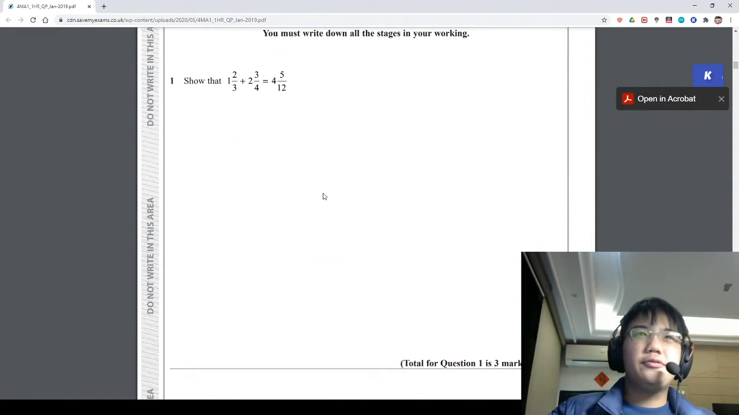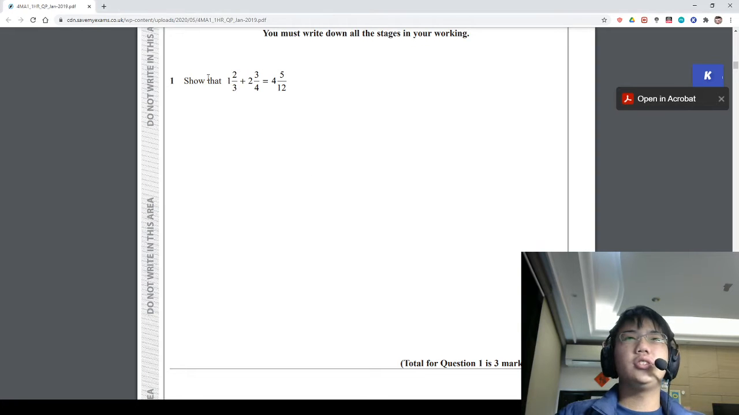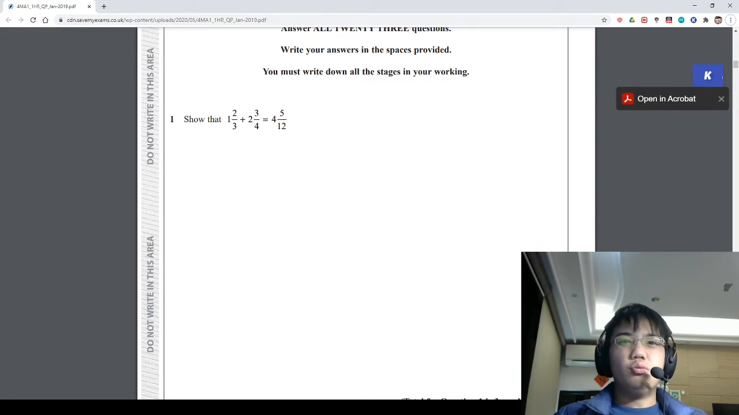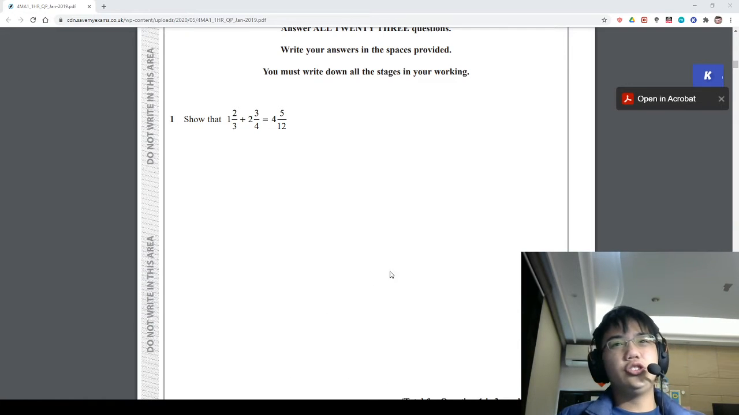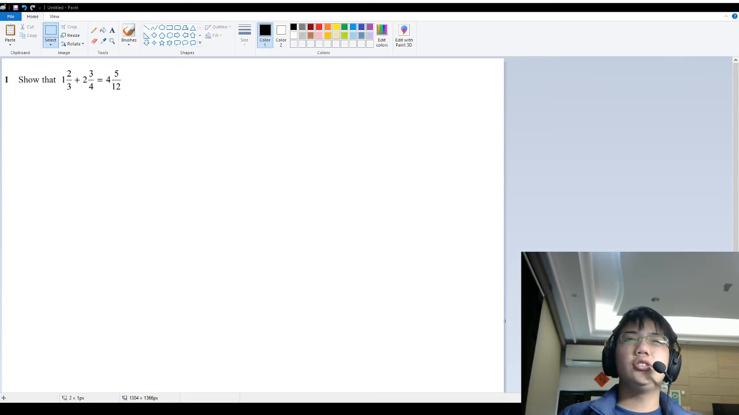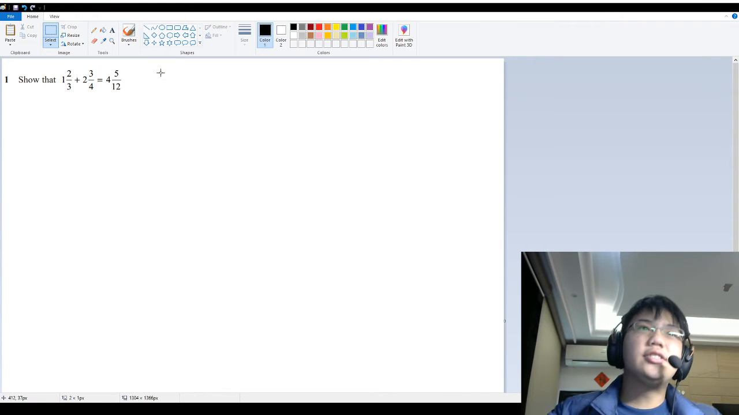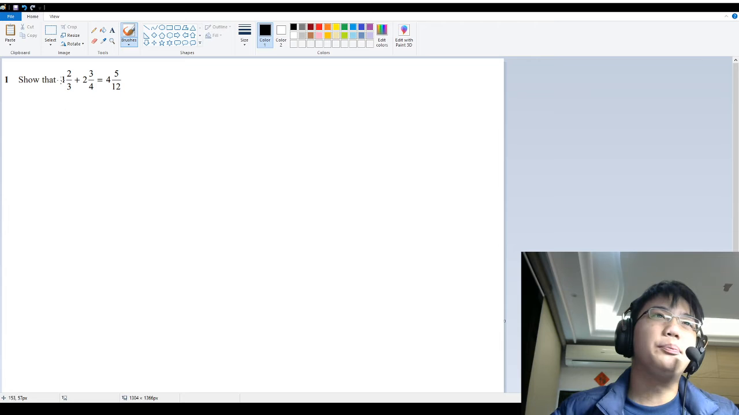So it begins with question 1, where you have to show that 1 and 2/3 plus 2 and 3/4 equals 4 and 5/12. This should be a relatively easy question in terms of the paper and shouldn't require much explaining, but let's get into it, shall we? First of all, you need to convert the fractions from this mixed form